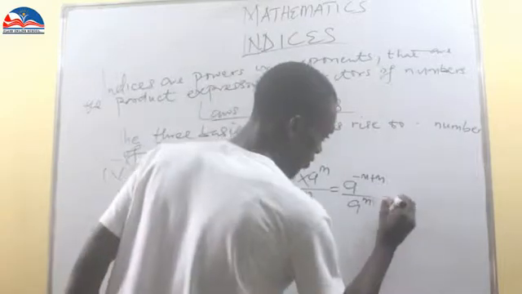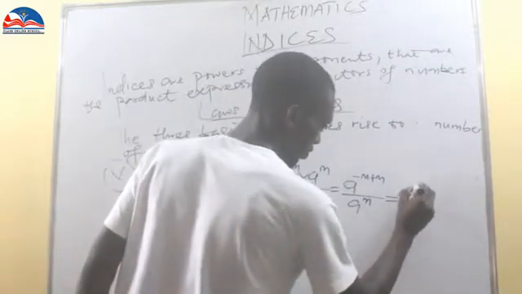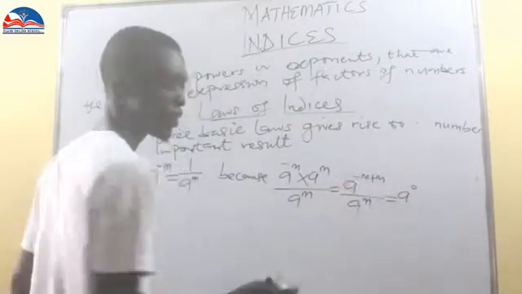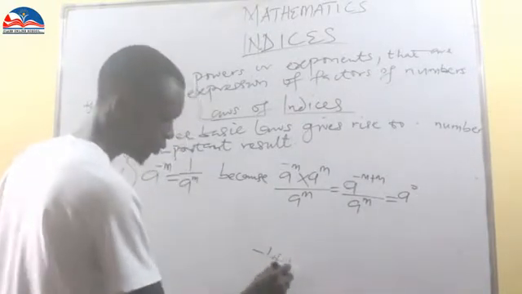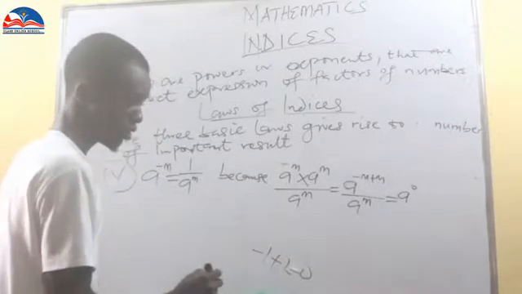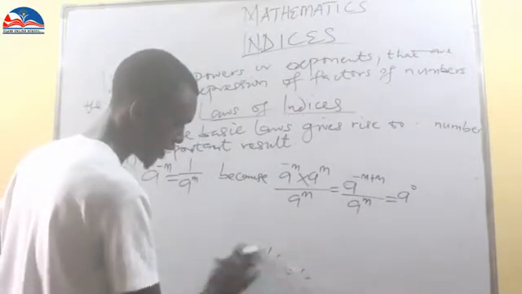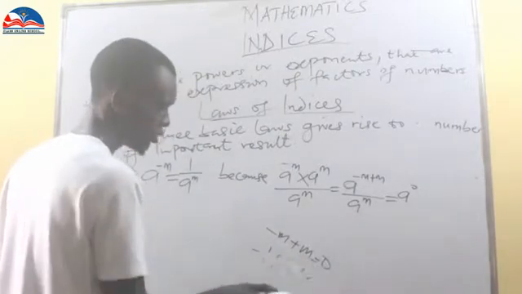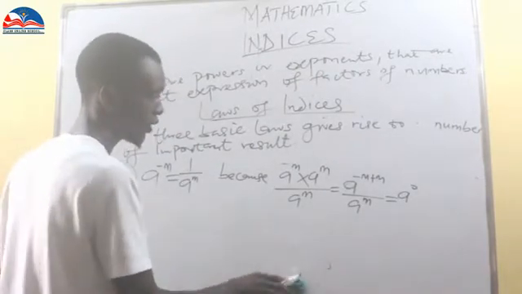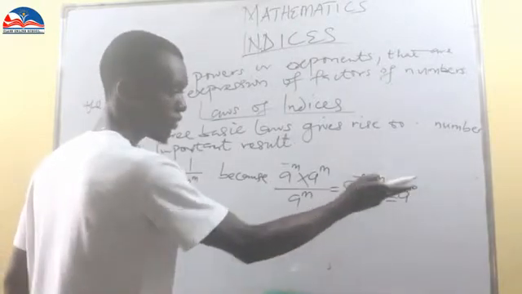Which is equal to A index 0. Minus M plus M will give us 0. Minus 1 plus 1 will give us 0. Likewise, minus M plus M will give us 0. So it follows that minus M plus M will give us